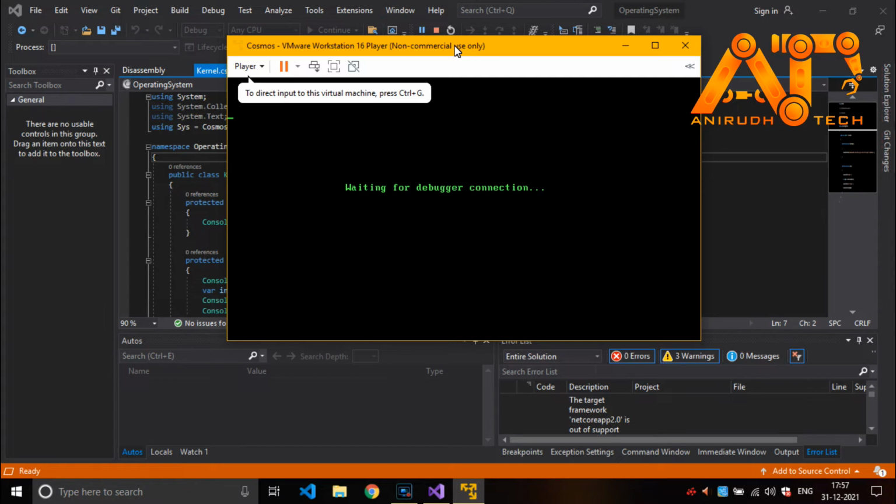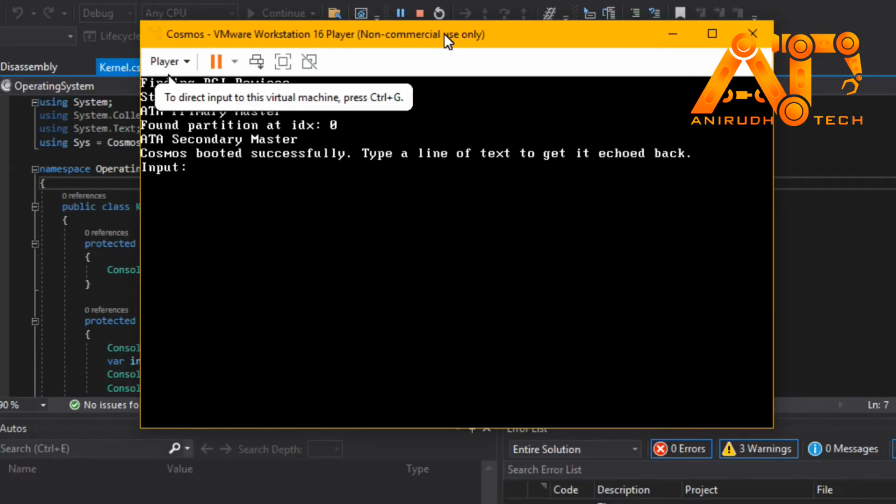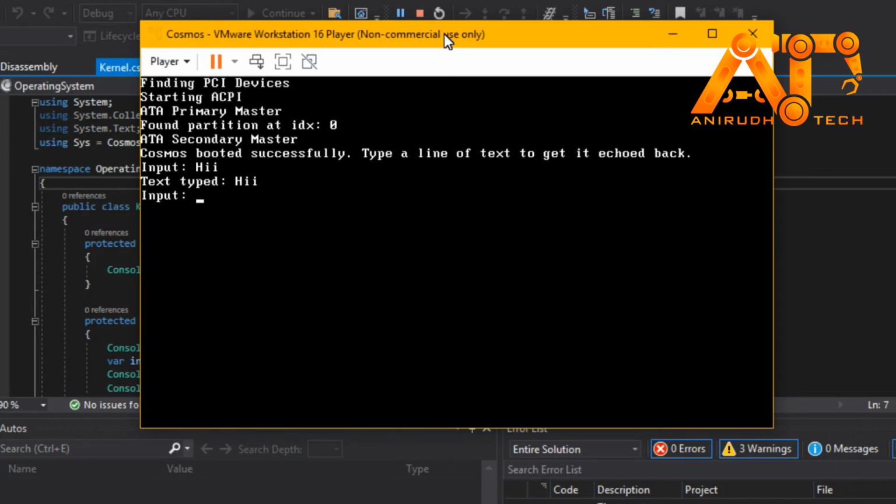You can see Cosmos booted successfully, type a line of text to get it echoed back. If I type hi and click on enter, you can see the text typed is hi. Now I'm going to make some changes. For exiting from here, just press Control Alt and you will be out of the command line.